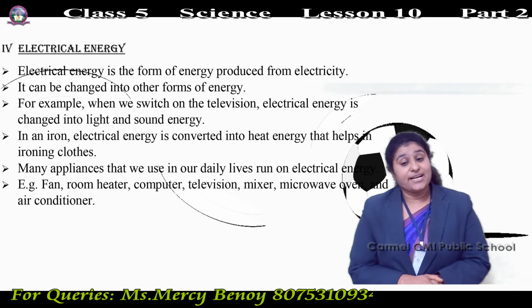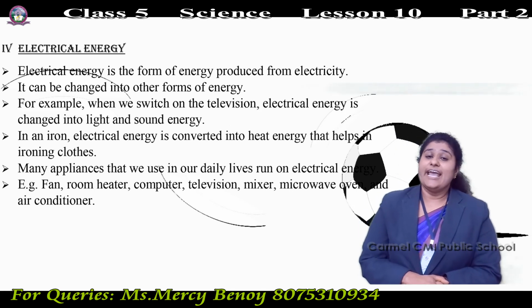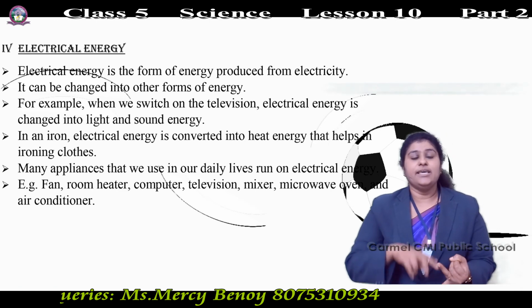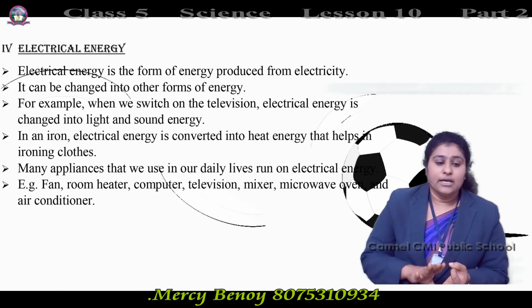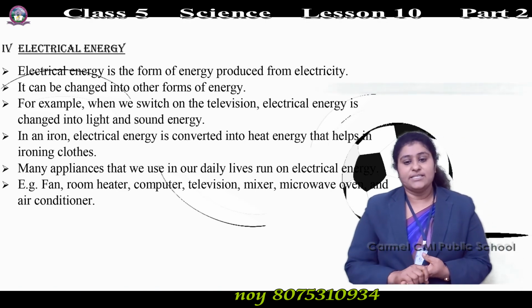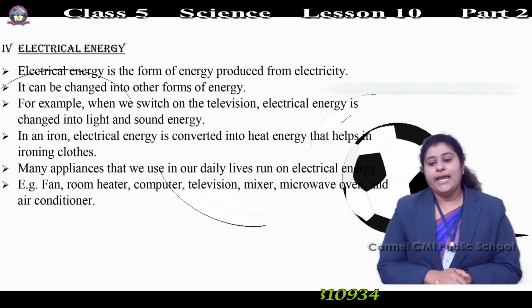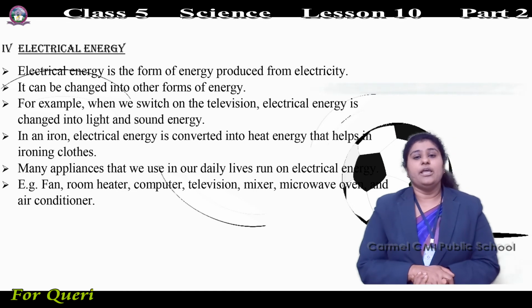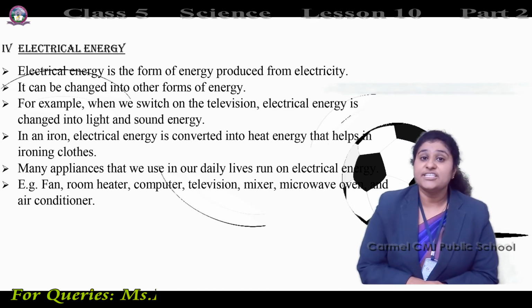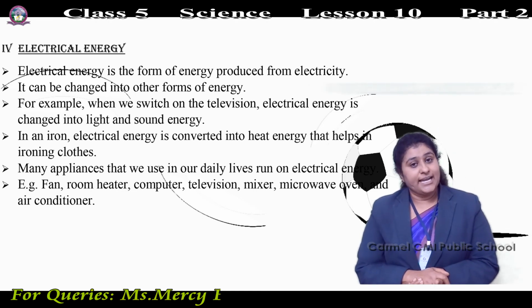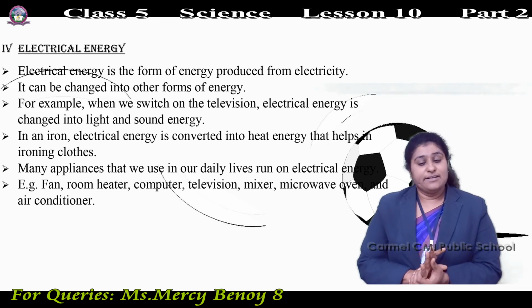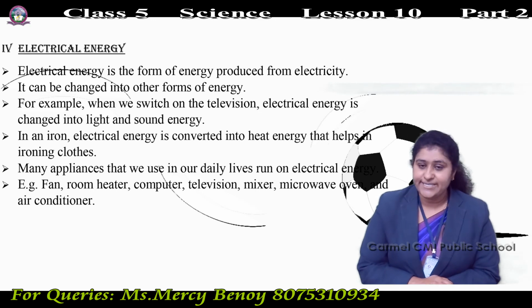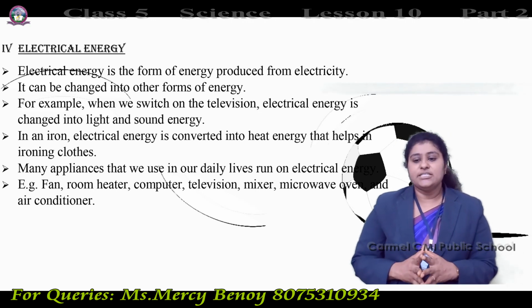Next is electrical energy. Which are the other forms we learned? Heat energy, light energy, sound energy, wind energy. Now it is electrical energy. Electrical energy is the form of energy produced from electricity. What is electrical energy? It is a form of energy produced from electricity, and it can be changed into other